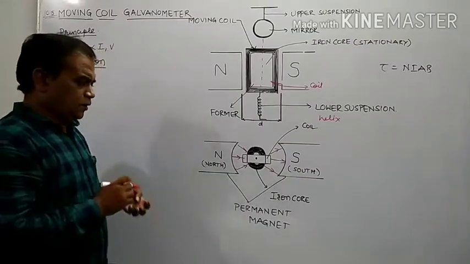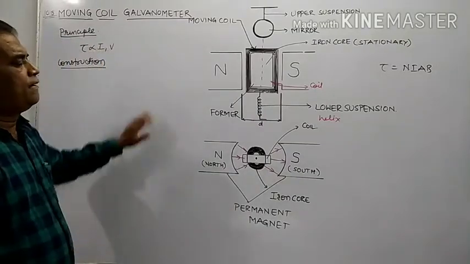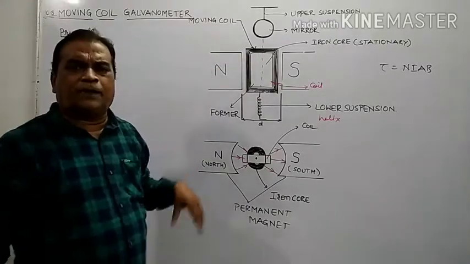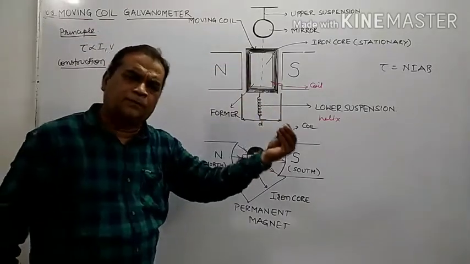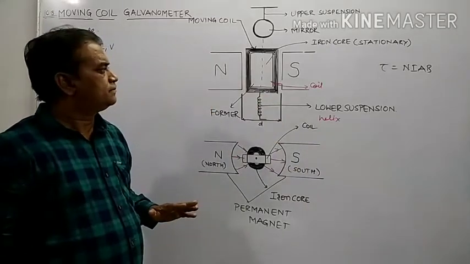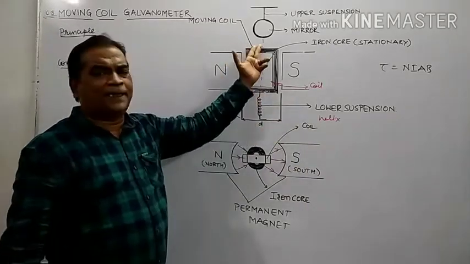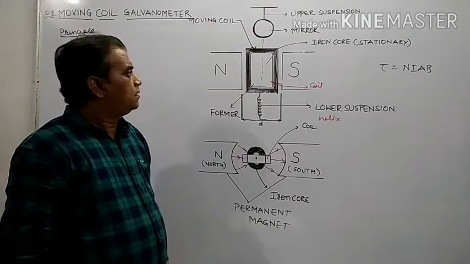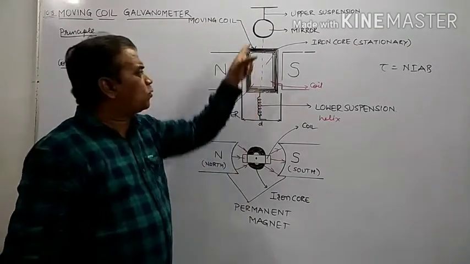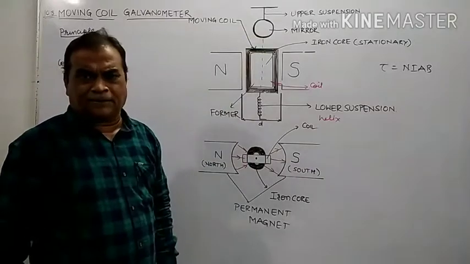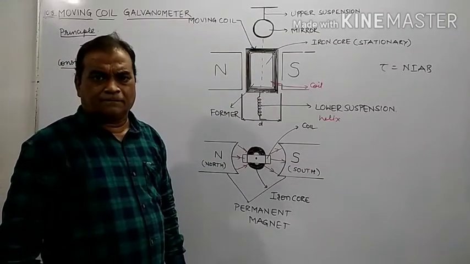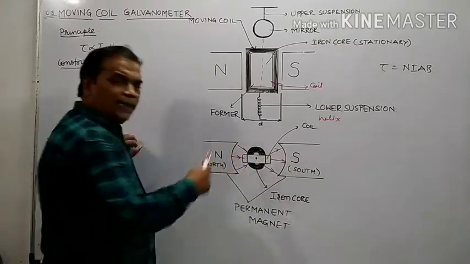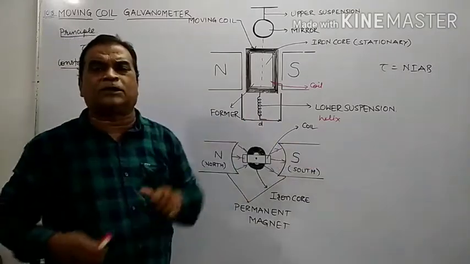See here, what you have to write in construction. Moving coil galvanometer consists of a coil having few turns. That coil is either suspended or it is pivoted, so that the coil is free to rotate about one of its axes in a radial magnetic field produced by cylindrically concave opposite pole pieces.